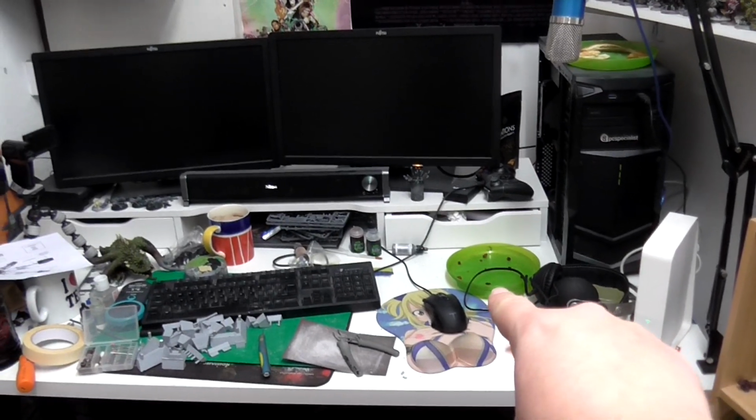Oh my god, look at the state of my office. It's just absolute carnage everywhere. That plate looks like it's got a sad face on it. Eye, mouth. But anyway, so yeah,